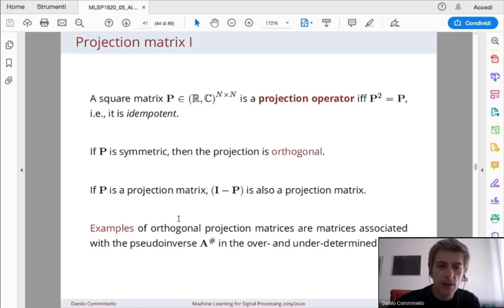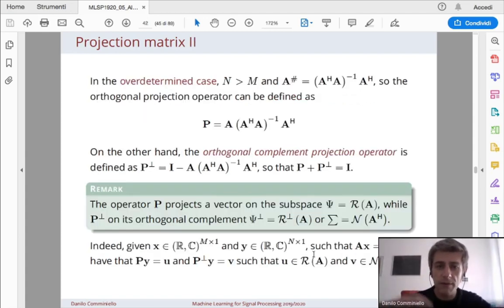If P is a projection, also the difference between the identity matrix and P is a projection matrix. Examples of orthogonal projection are matrices associated with a pseudo-inverse in the over and under determinate case. Over and under determinate case is just the case in which you have a fat matrix or a tall matrix. It refers to the case of the system of equations. So in the overdetermined case, when you have a tall matrix, you can write the projection operator as the pseudo inverse